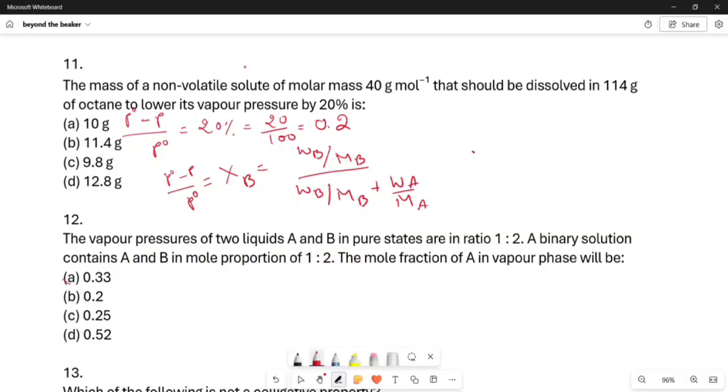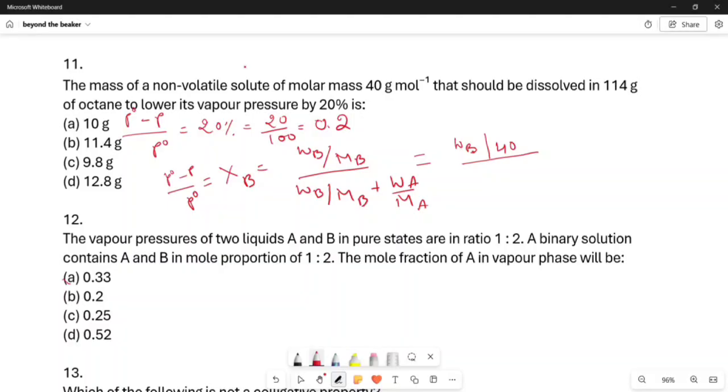Mole fraction of the solute is the ratio of number of moles of solute divided by total number of moles of solute plus solvent. Here we have to calculate WB, question mark,